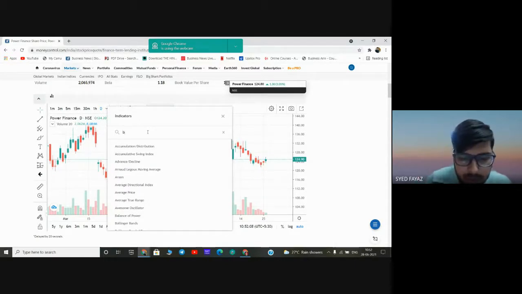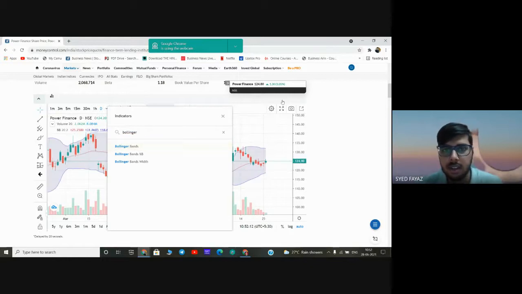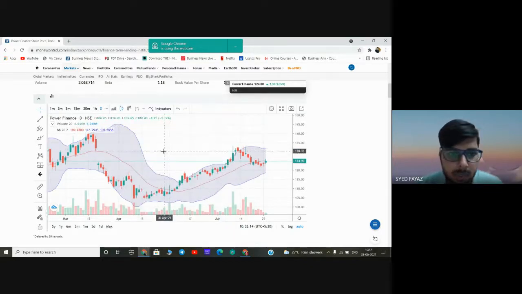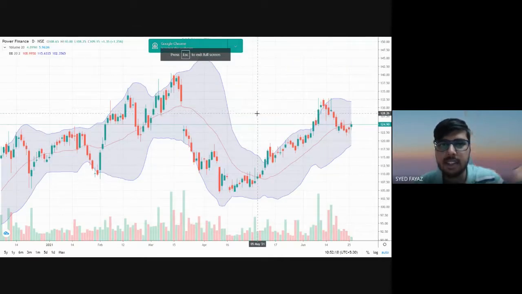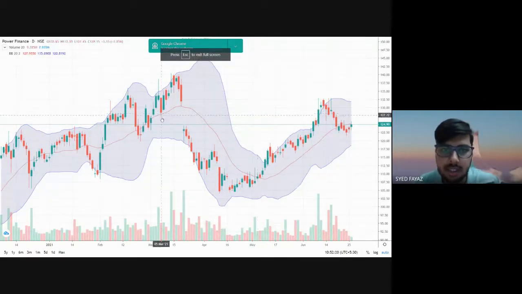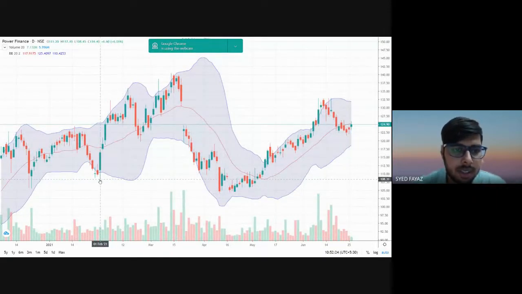And now we will be concentrating on Bollinger Bands and how the stock movement is restricted in this band. This is another indicator through which the trader can enter whenever the stock price goes below the band width. As you can see over here, the stock price had exited and come out of the band.